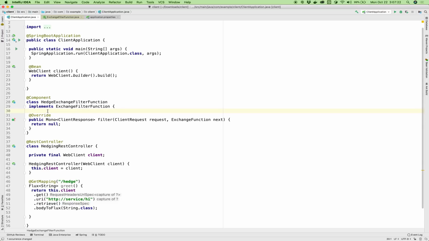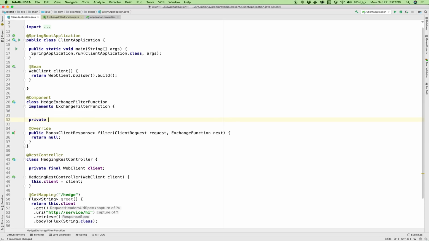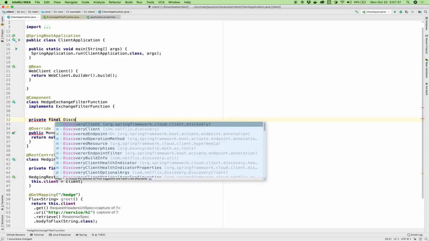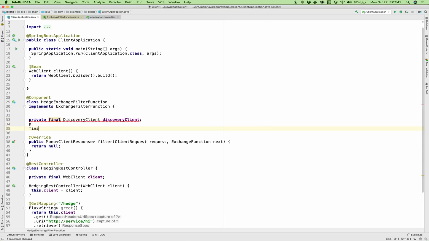But we need to do so, and then given those choices, we need to pick the one that comes back first. So it's a different goal, isn't it? It's a little bit further. So our exchange filter function is going to depend on a discovery client, Spring Cloud DiscoveryClient, will depend upon